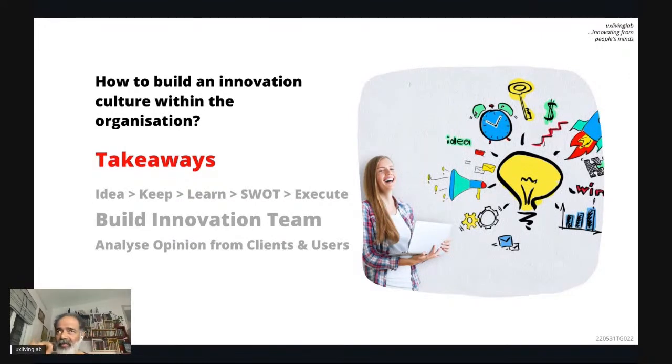With a better word, we can use innovation circles. Innovation circles. So each idea needs an innovation team. You have to constitute an innovation team for each idea, then do the analysis. So think about if there are 10,000 ideas in your organization in a day. You are not using the ideas from your team. If you have a 10,000 plus employee team, how many ideas are you getting in a day?